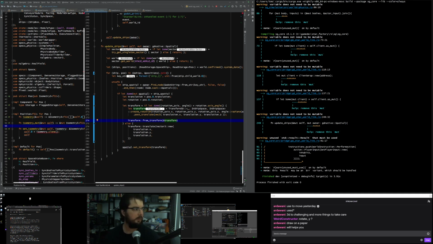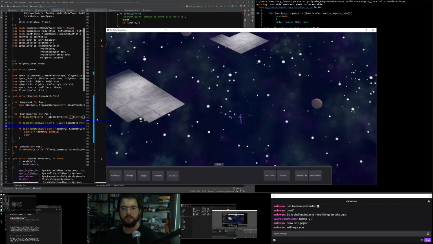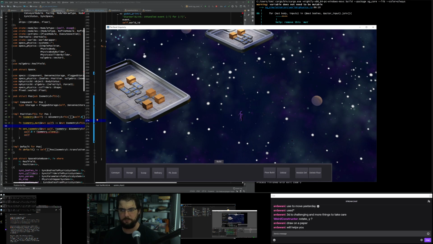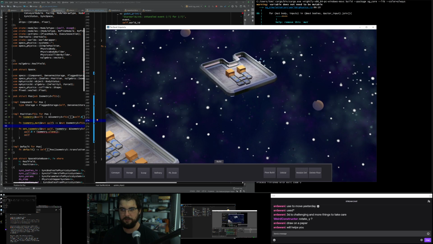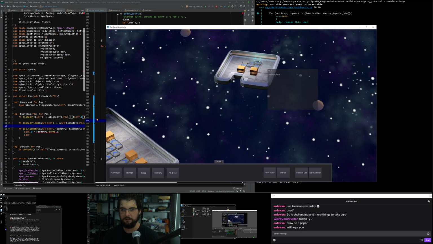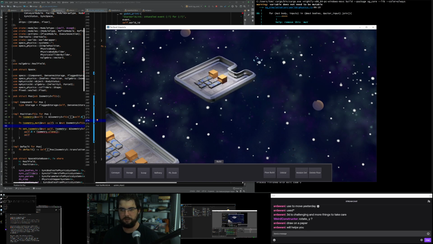Okay, so the game's ready to run. Let's try that out and see if it goes. So what's changed is that in theory we can now rotate the ship. Let's see if it's still busy. Oh my god, it's rotating. Do you see that spinning? That's so cool. Okay. Whee! Whee! So we should be able to crash into the other ship now.